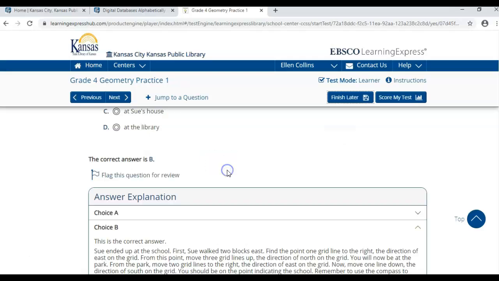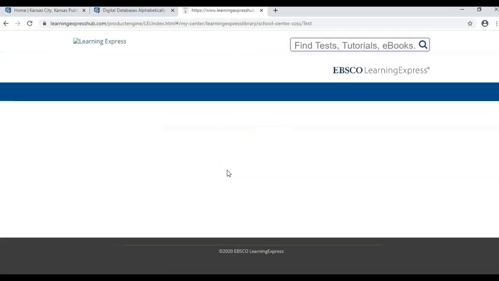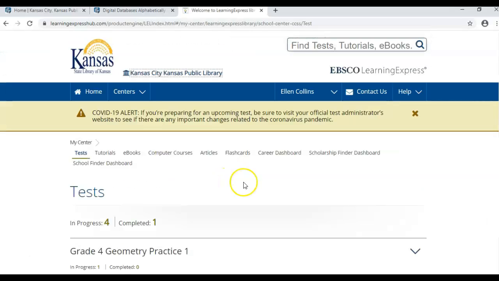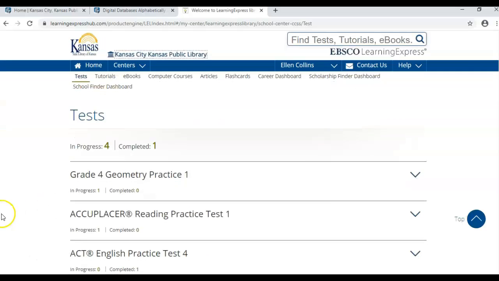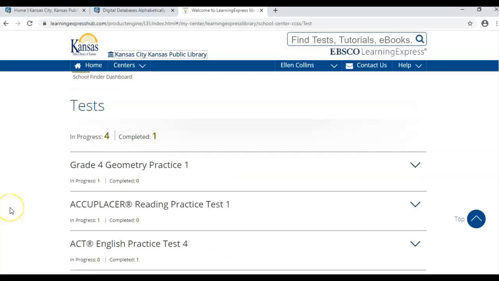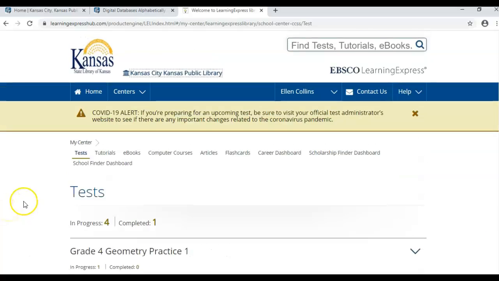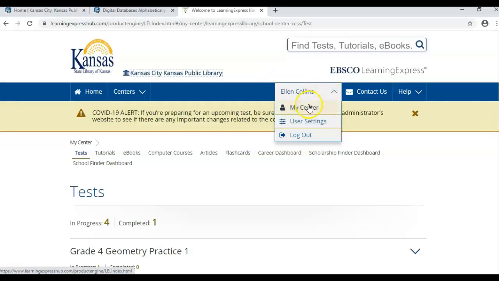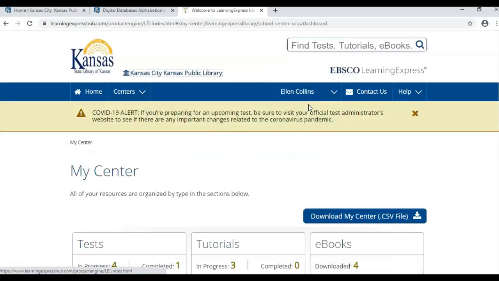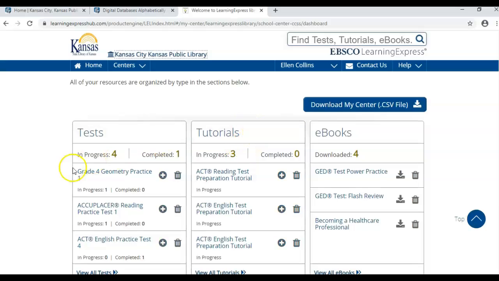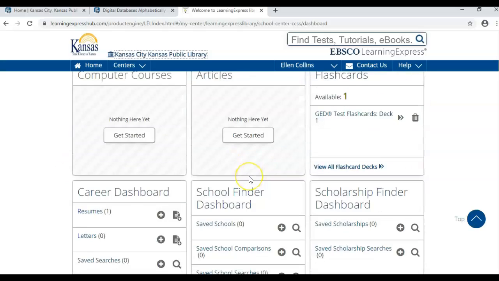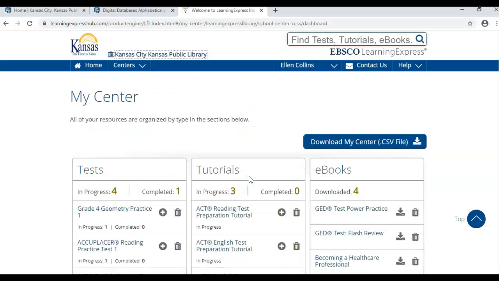So I can save this. And you'll see once you've completed one or started it, it's going to be in your center. So this is everything I've done, which we went over in the introduction video that was posted. But if you look at your My Center section, it shows all the tests that you've started, completed, all the activities that you have been doing in this